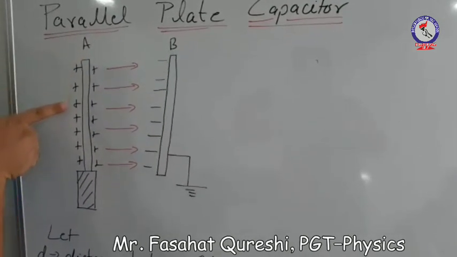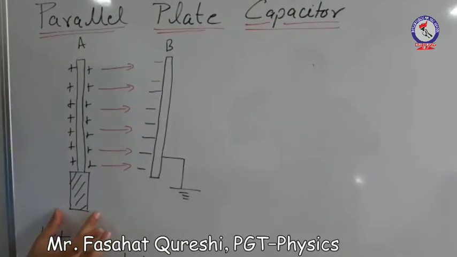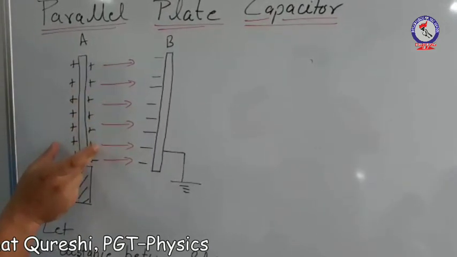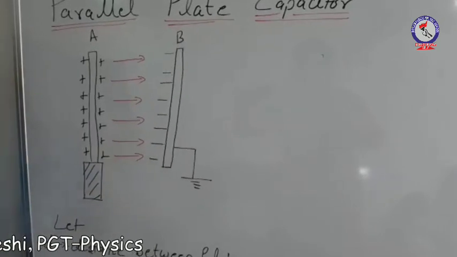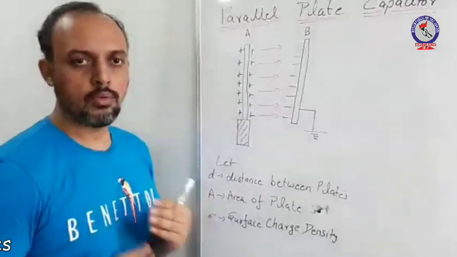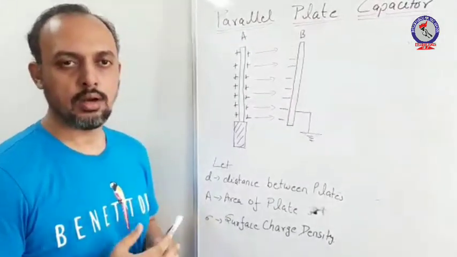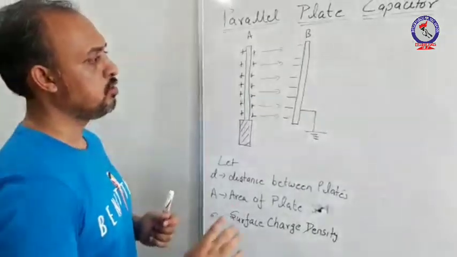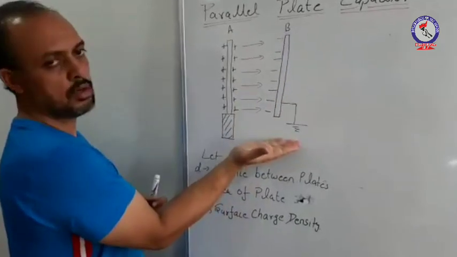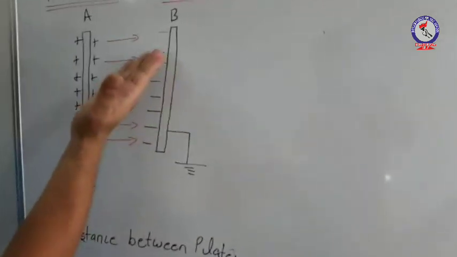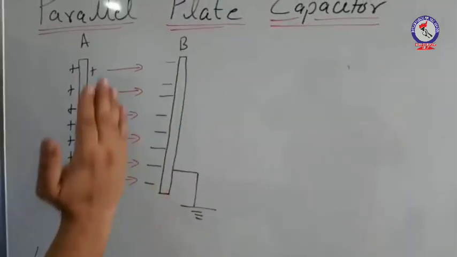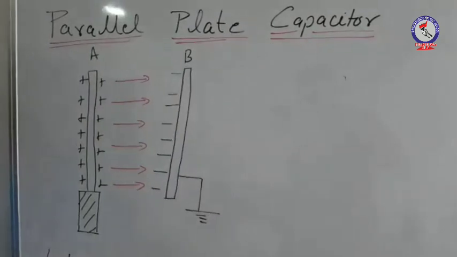This A is an insulated conductor, which is insulated from ground and is given a certain positive potential. Hence, depending upon the magnitude of charge given to it, it can be raised to a certain potential, and we are giving it so much charge so that its potential is maximum. As you can observe, there is another conductor B, which is an earthed conductor. This conductor B is earthed and is brought close to this insulated conductor.